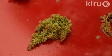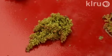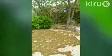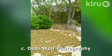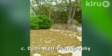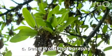Our question this week is from a viewer, and it's a pretty common one. She wants to know what's all this stuff that's falling from the trees and onto her car. Well, a few weeks ago was very heavy pollen season for many deciduous trees, and the ones that we notice the most are the live oaks. They release a lot of yellow pollen at this time of year, and then their catkins, their male flowers, fall